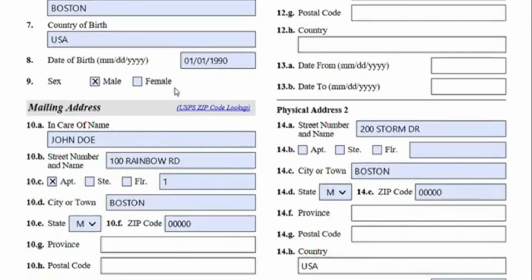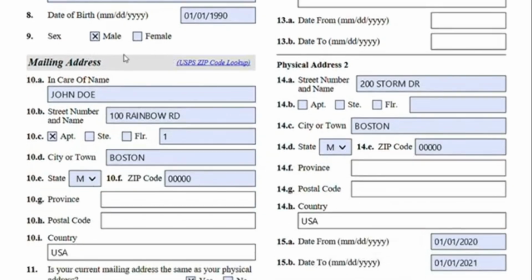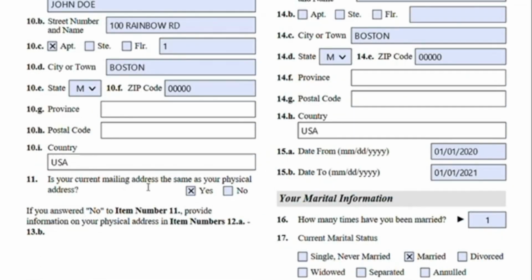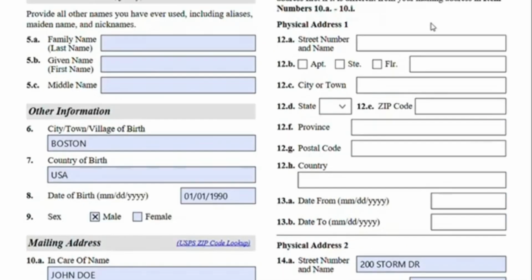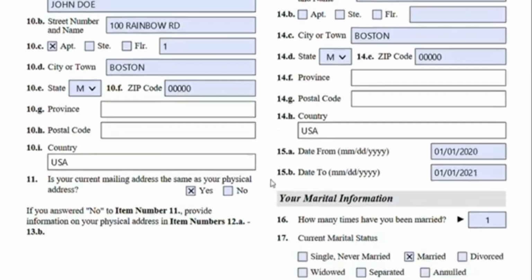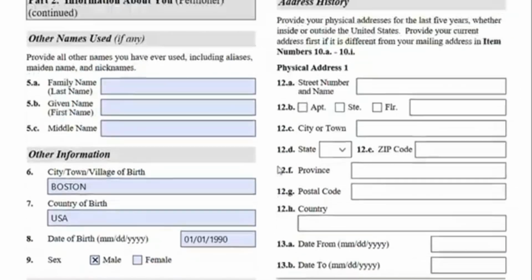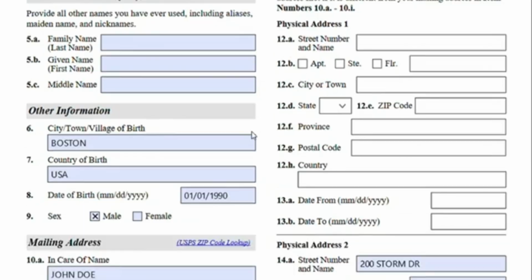And then here you want to provide the petitioner's mailing address. Next, select if your mailing address is the same as your physical address. So physical address just means where are you currently residing. A lot of people typically reside in the same place that their mailing address is. However, if your mailing address is different, then you would click no and move on to this part right here and fill in your physical address where you actually live. However, if it's the same, you can leave this blank